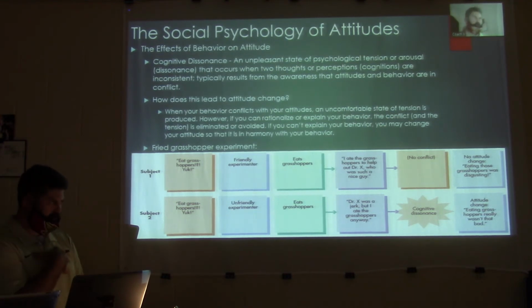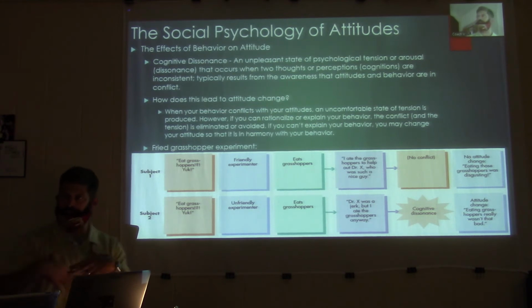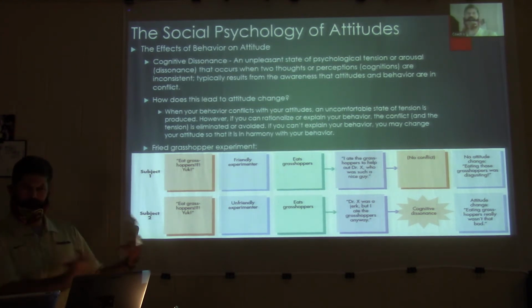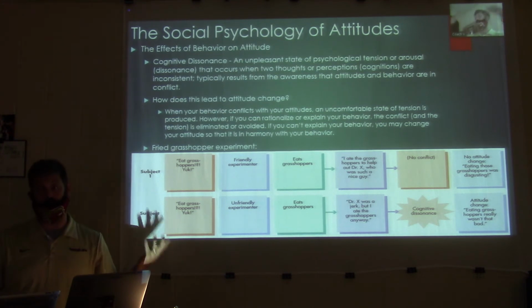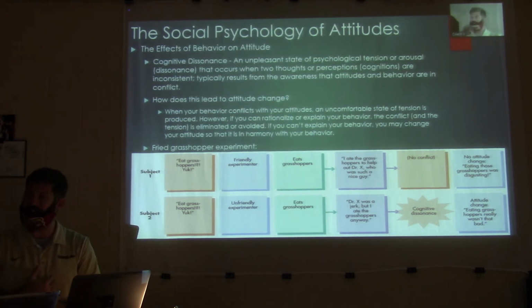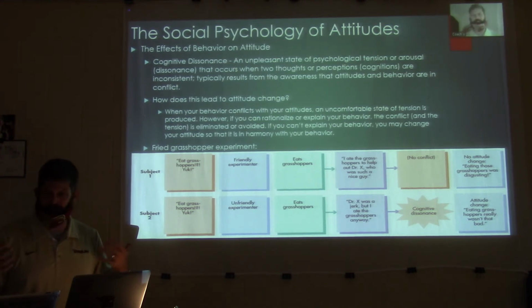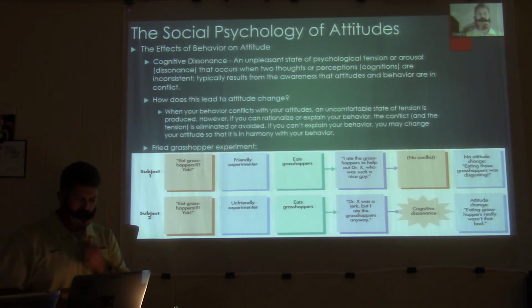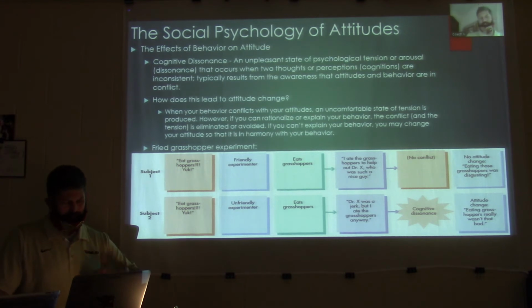I'm a good person, but I got caught cheating on my girlfriend last week. You get what I'm saying? I can tell myself that I'm a good person, but I did this thing that good people don't do. You know what I mean? And when that happens, it creates this thing that humans hate, which is internal tension. We leave homeostasis, we create this stressful response, and all of a sudden we're feeling weird. That's cognitive dissonance.